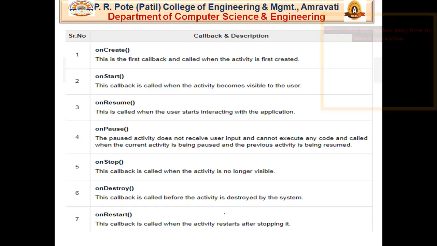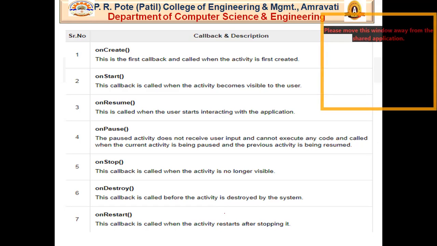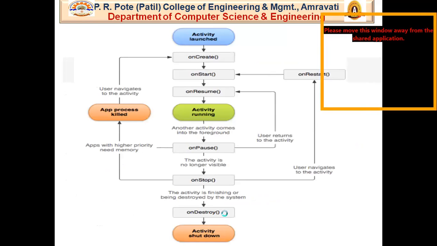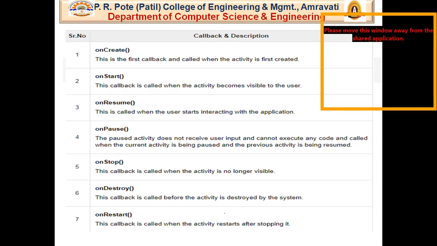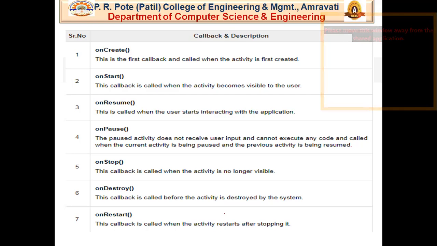Then the onStop method. When the activity is no longer visible, there is the onStop method. Then onDestroy. The onDestroy method is called before an activity is destroyed by the system. And when an activity restarts after stopping, we have to call the onRestart method.